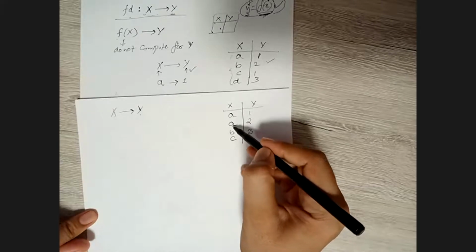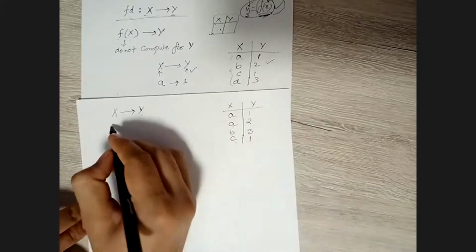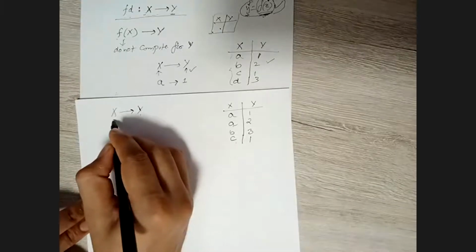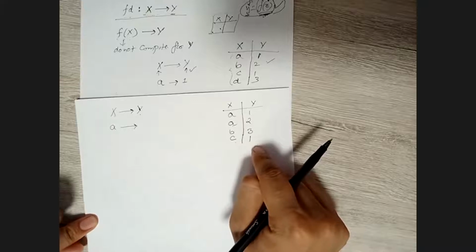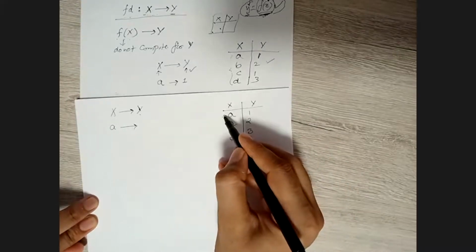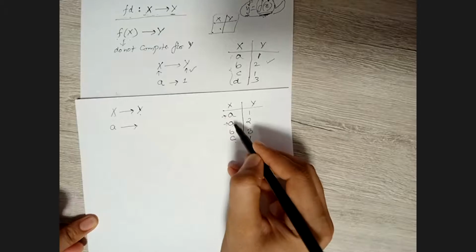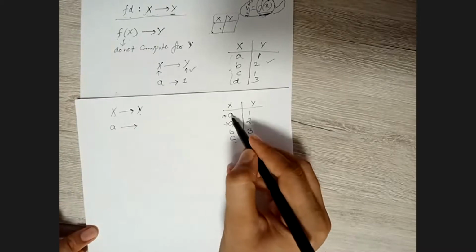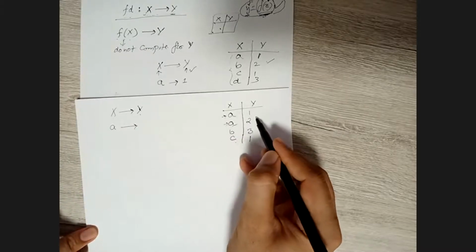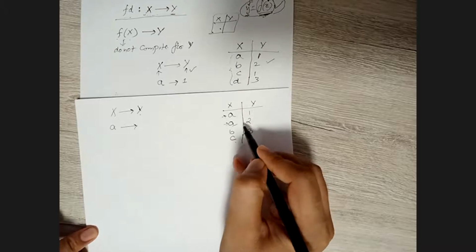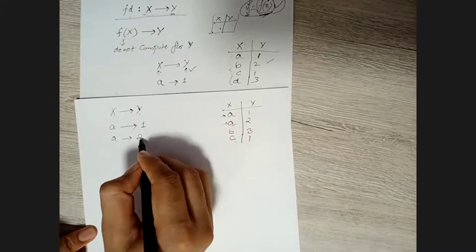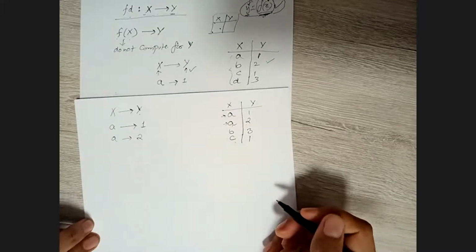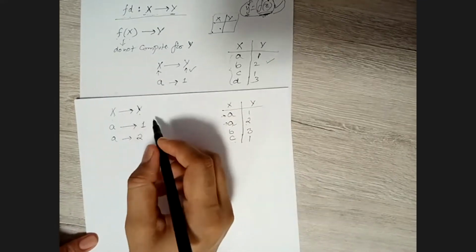We have two a's, b and c. So if I provide you the value of x as a, can you compute the value of y from the table? See here, how many a's we are having. That means two x values are here, the same values, but see the y values, these are different, right? So a can have either one value or probably a can have two values as well. But understand, this is just a kind of confusion over here, an anomaly.